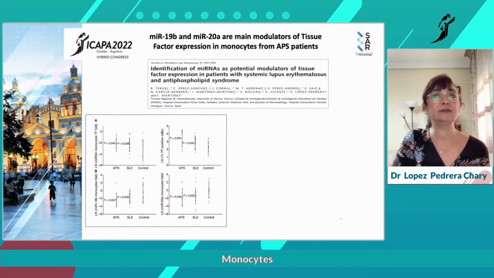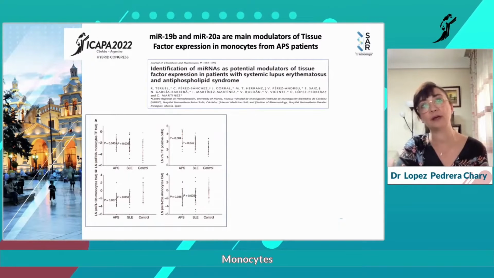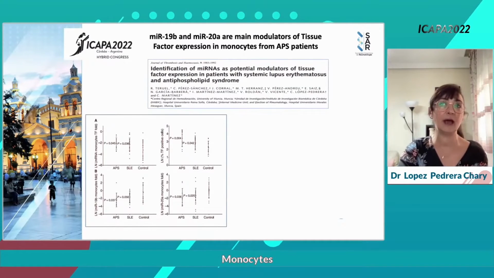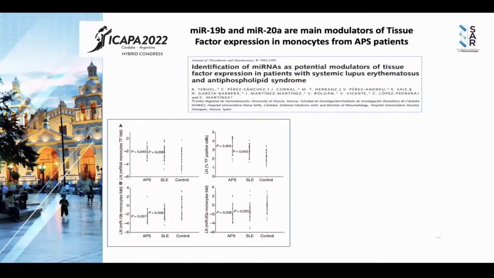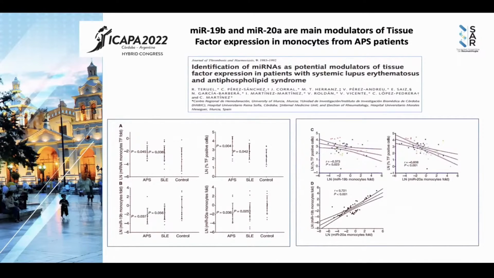The first study that intended to characterize the role of microRNAs in the pathogenesis of antiphospholipid syndrome was published in 2011. That study identified 2 microRNAs as main regulators of the expression of tissue factor. Thus, the expression levels of microRNAs 19b and 20a in monocytes from APS and lupus patients were found significantly reduced when compared with healthy donors, and negatively correlated with the increased expression of tissue factor in the cell surface of monocytes from both pathologies. These studies suggested for the first time the potential role of those microRNAs in the pathogenesis of thrombosis in antiphospholipid